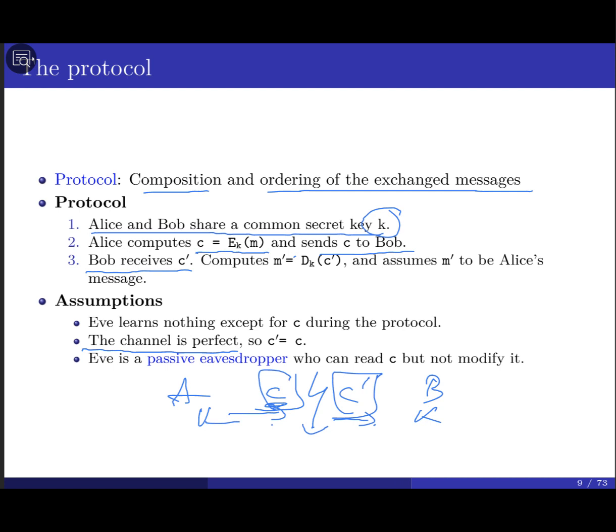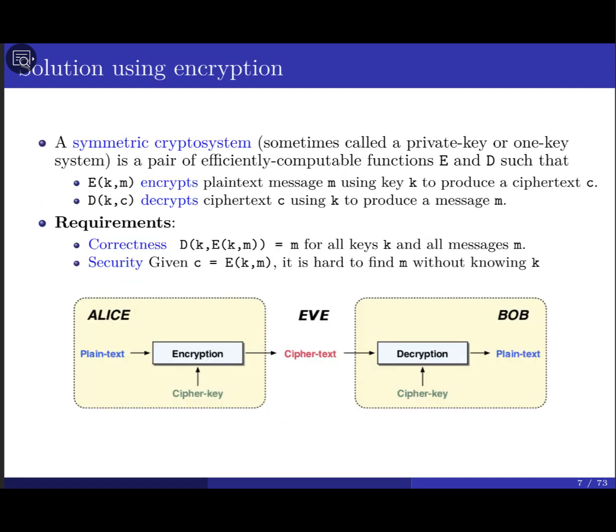Once Bob receives whatever is sent here, he is going to reverse the operation and assume that it's the message sent by Alice. Of course, right now we haven't covered many issues in the system. If we go back here, Alice sends the message. Eve is not going to do anything, just take a copy of the message, and it's going to be received by Bob. But what if it's not Alice who sent the message, but someone else? We cannot discover this somehow. If the other one has access to the key, we cannot protect in this case. But just go with a simple solution.